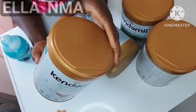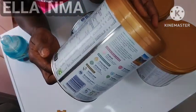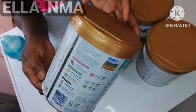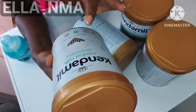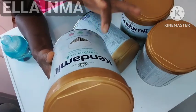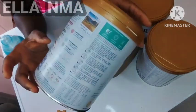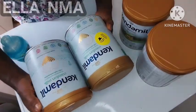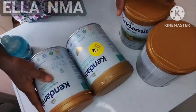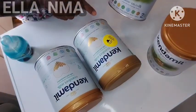So I'm just curious what the NAFDAC number is doing on this, because I had to go and Google if Kendamil is a made-in-Nigeria baby milk, and it says no, that it is a made-in-the-UK baby milk. And looking at these two again at their front, and looking at the front of this organic one, you see right here,